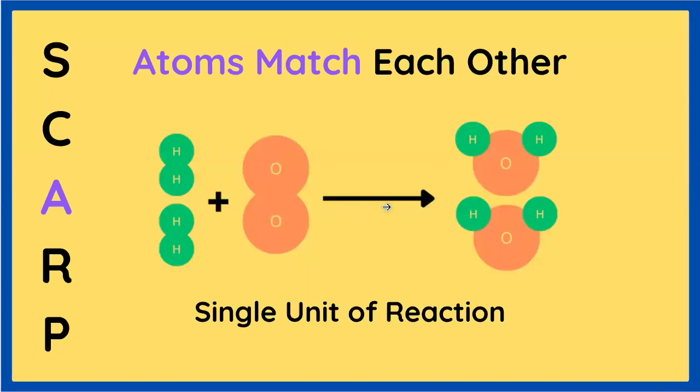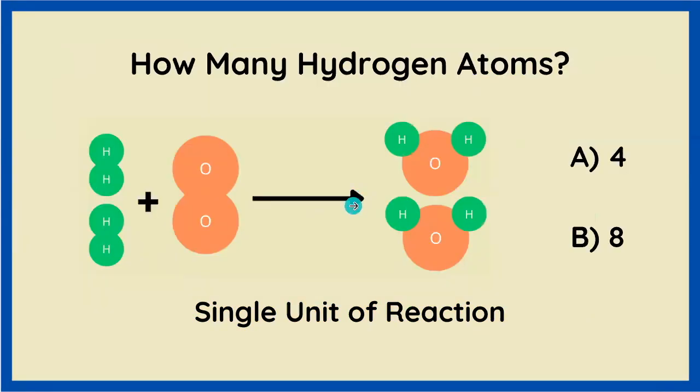I mentioned earlier that atoms are the most obviously conserved quantity in chemical reactions. So technically this is an extension of the previous point, but it's also meant to dispel misconceptions, connect everything together, and understand exactly what a single unit of reaction is. Here's a super confusing question. How many hydrogen atoms are in a single unit of reaction? 4 or 8 hydrogens? Believe it or not, there are a total of 4 hydrogen atoms present in this reaction,